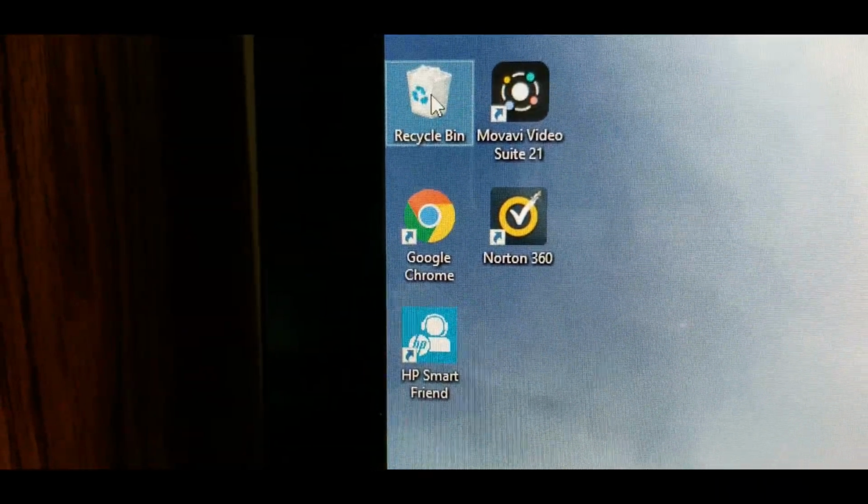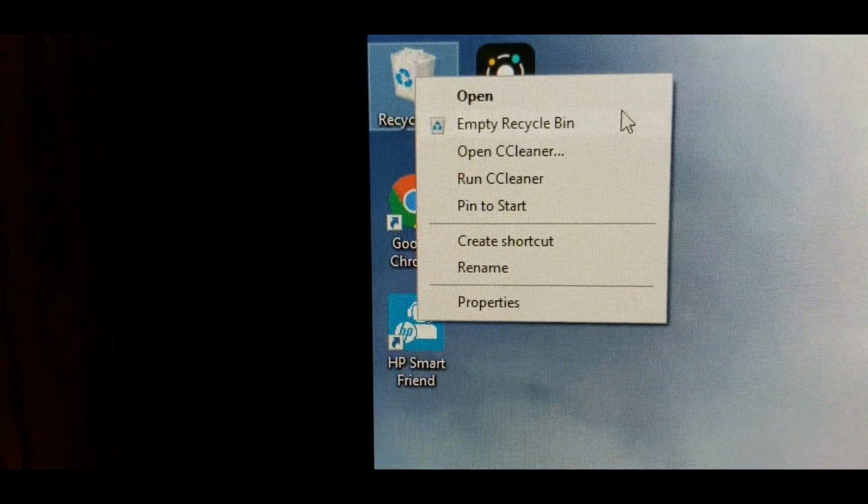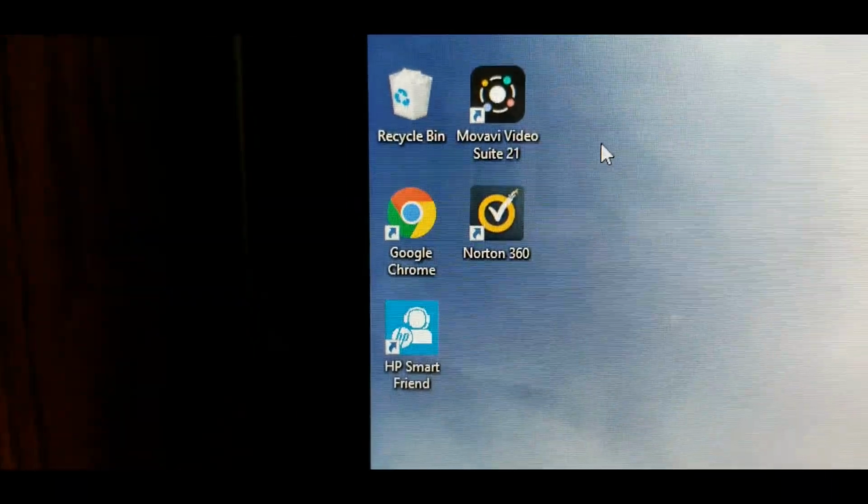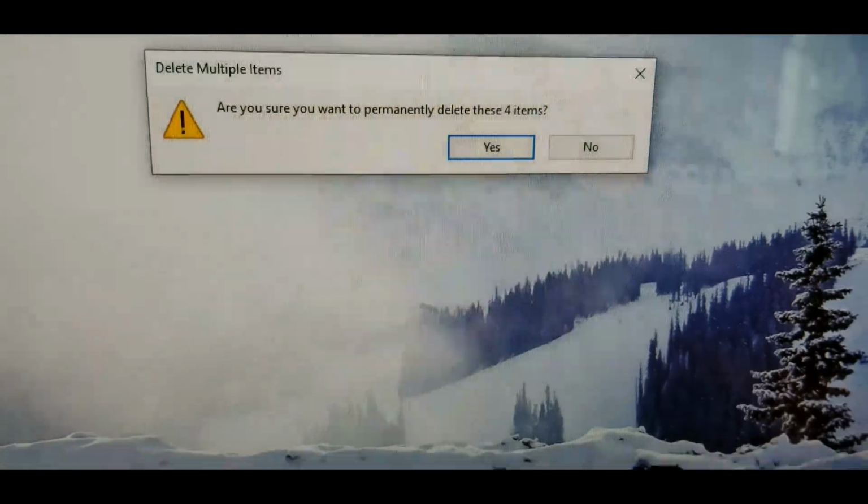So I hit left click, right click, empty recycling bin out. Then I get this. Then you go down here, click on yes. It just deleted it. Now,